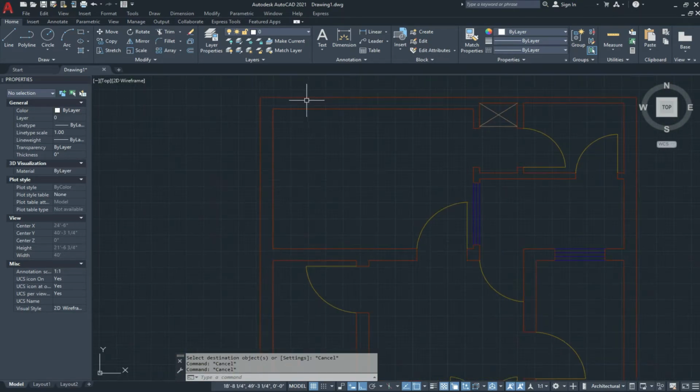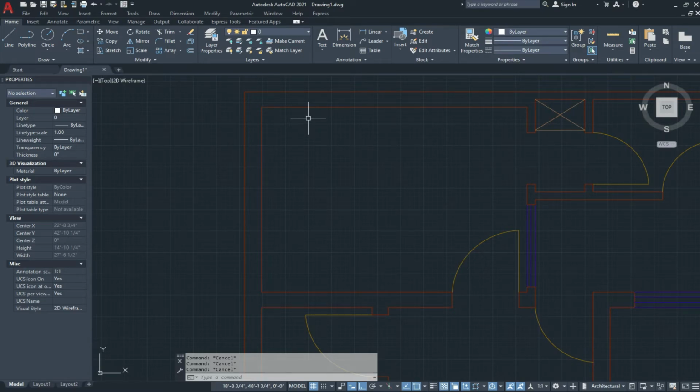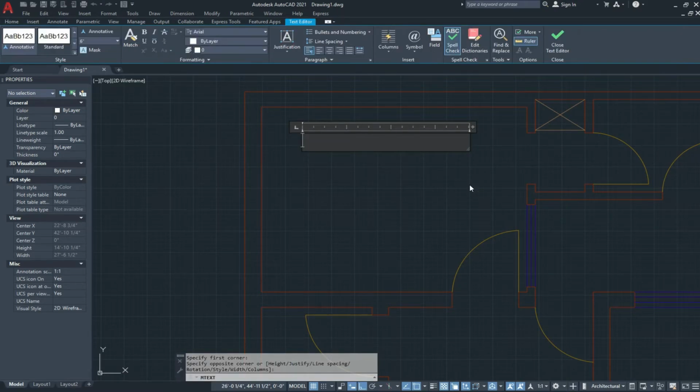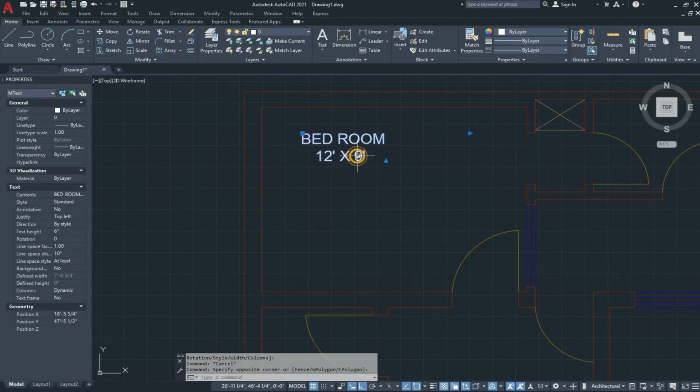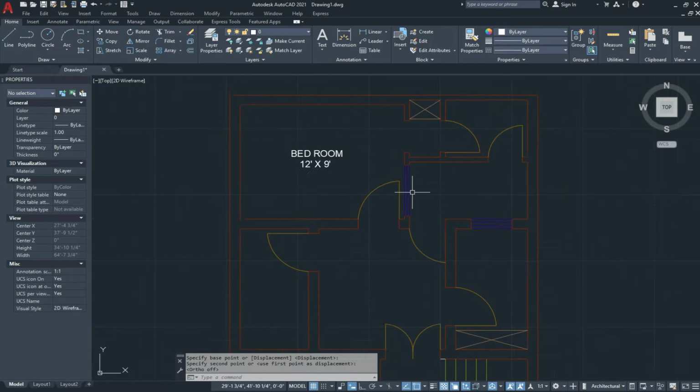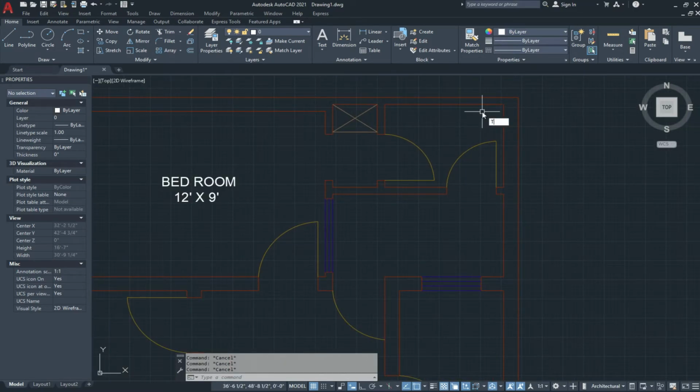And now we draw the text, and for that type T and enter, specify the area and type here. Like this, and move this text here. Now we draw a text here,